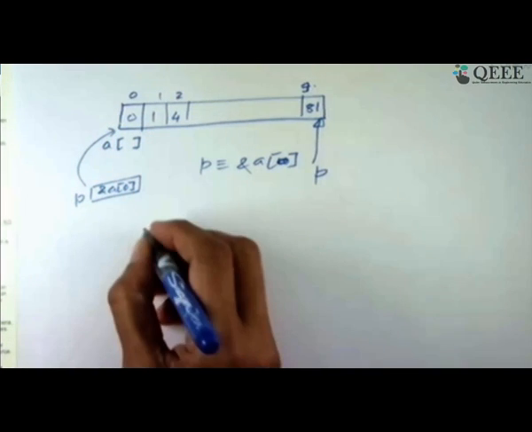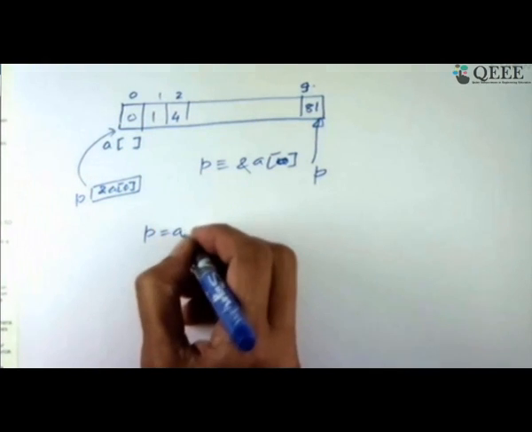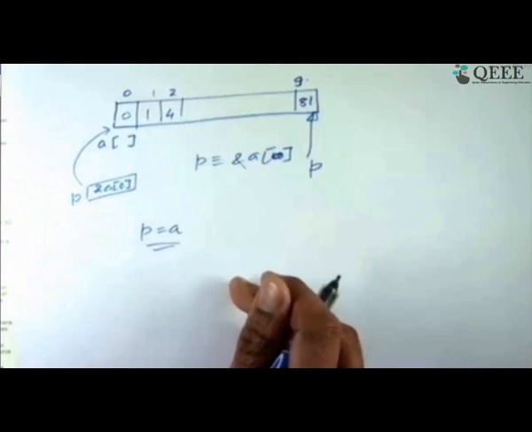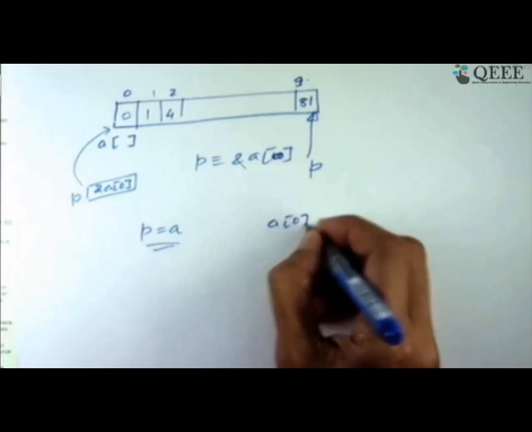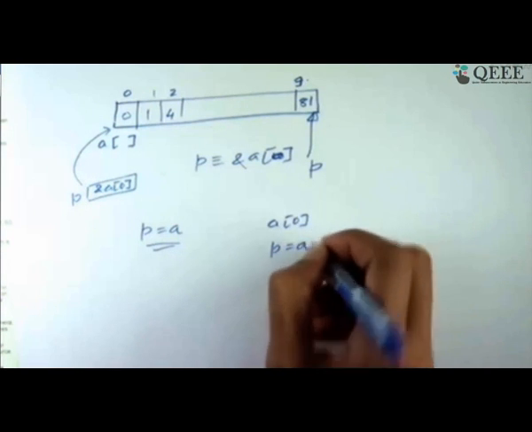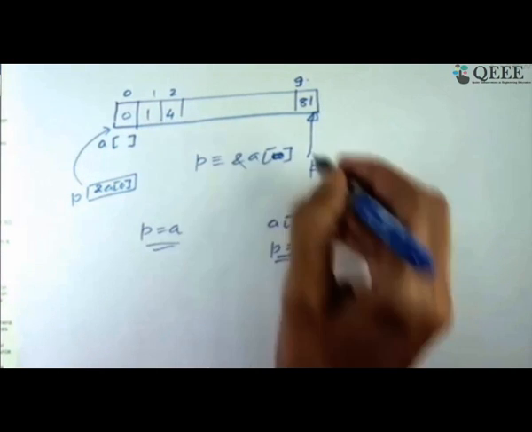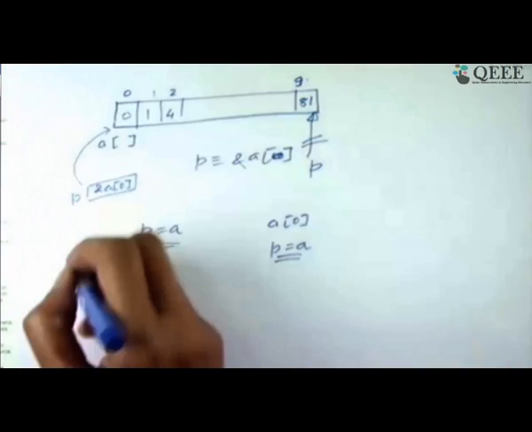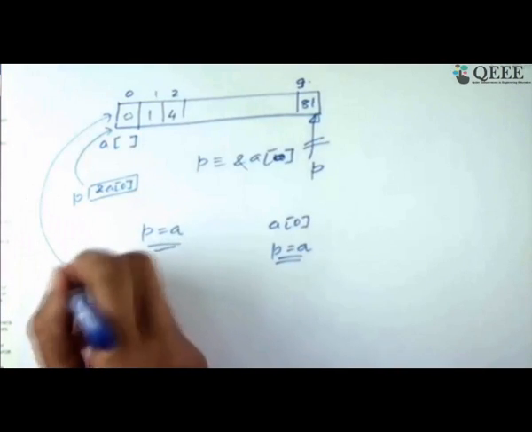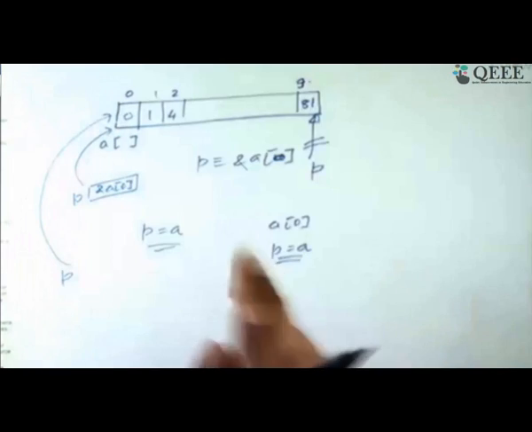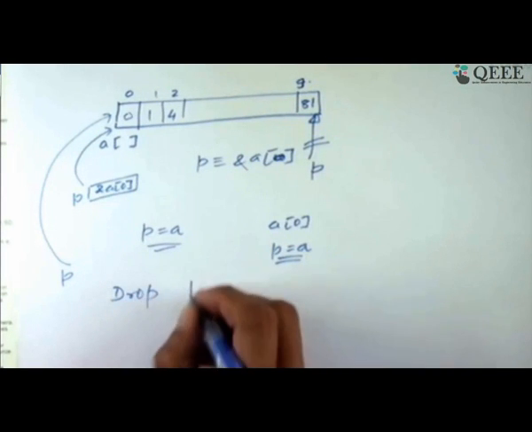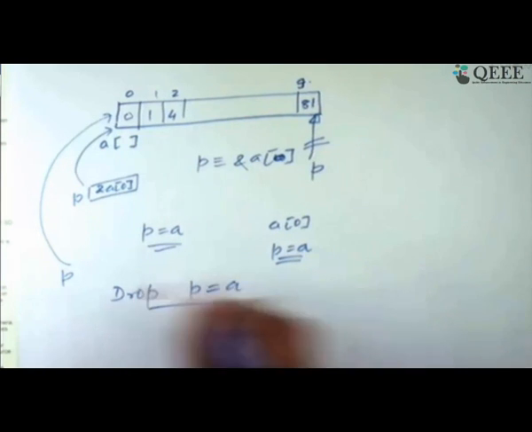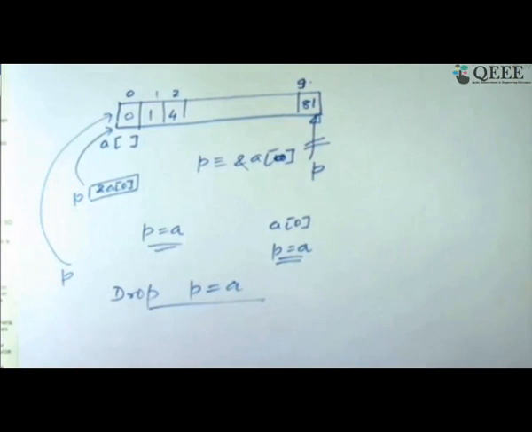If I do not do P equals A after that, what did I want? I wanted to display these values. So if you want to display the A of 0, then I have to go back and set P back to A. Okay, so if I do that, then my P after this is knocked off, resumes from here, and then I can walk down and give you all the values. If you drop P equal to A, and similar things happen in many real programs, the scenario that is happening now is,